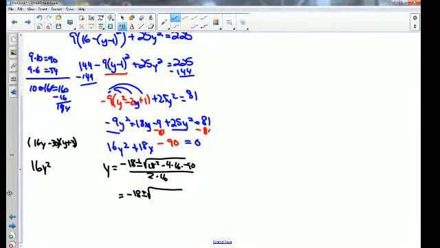Exactly like how you said it. Whoa, it worked. You thought it's not factorable. I just chose not to try. So y is negative 3,